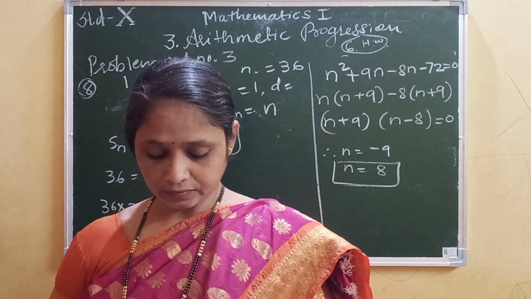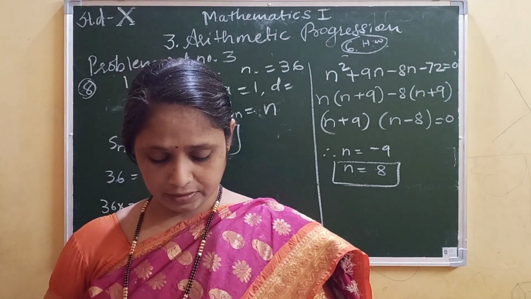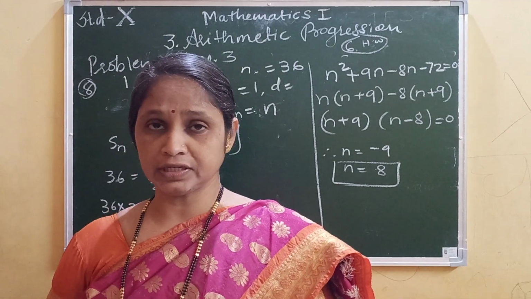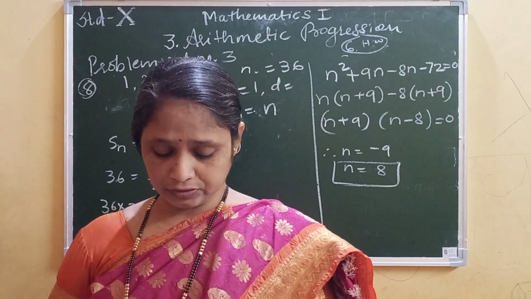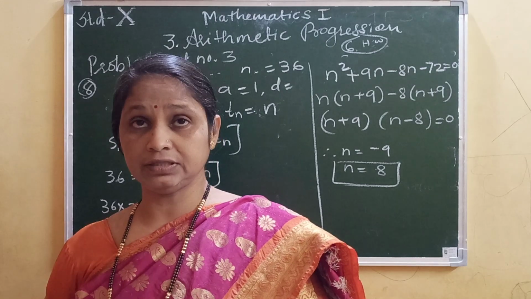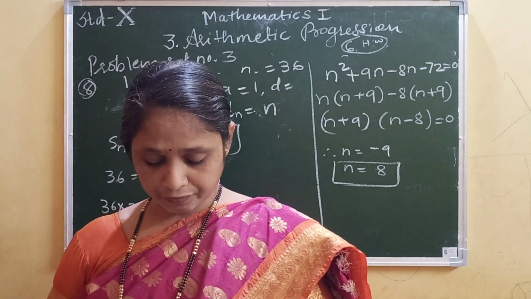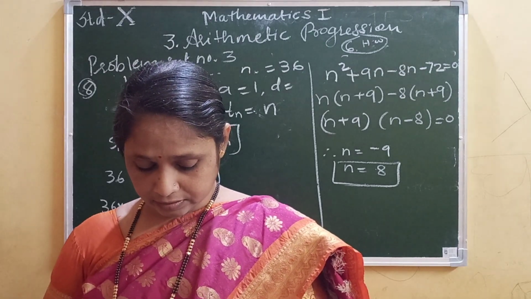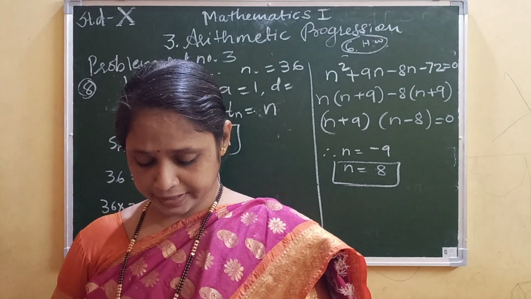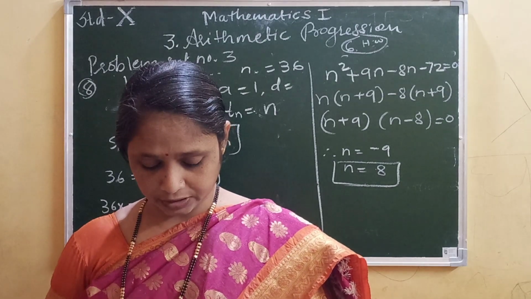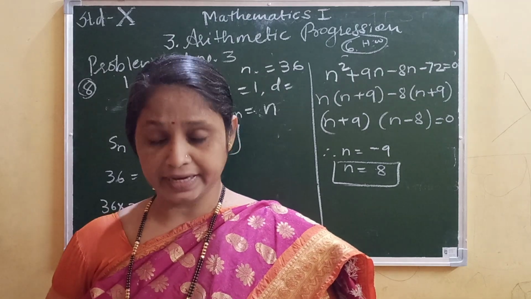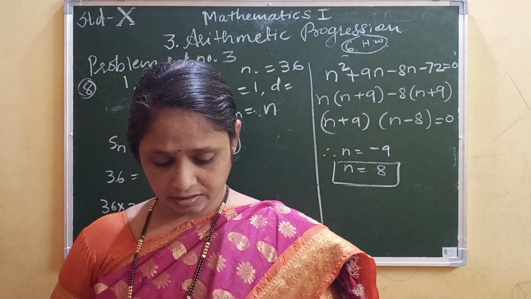Second year the interest will be 200. And the third year, principal is the same and rate of interest is the same, only the number of years changes. So here interest will be 300. As we continue like this, 4th year, 5th year and 6th year, the interest will be 400, 500, 600 respectively. So here D is the common difference, and that is 100, and A is the first term, that is 1000.